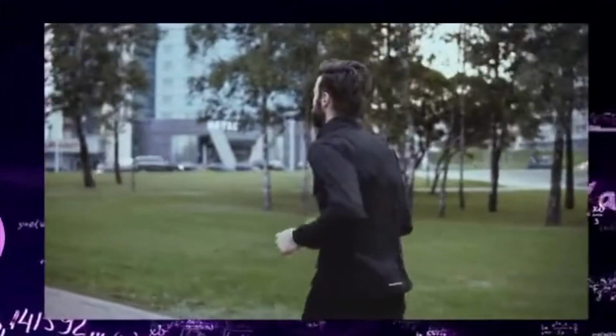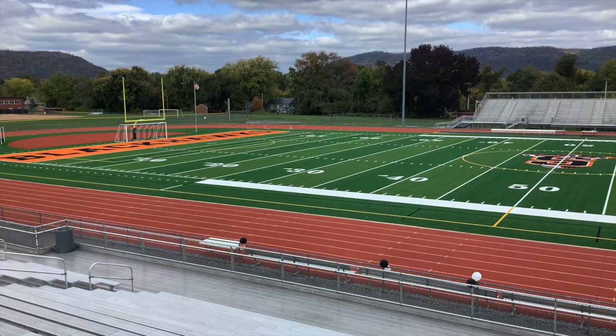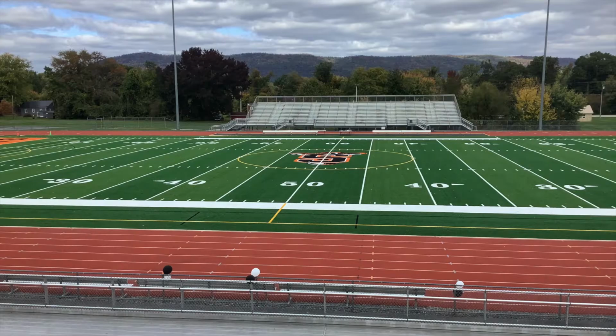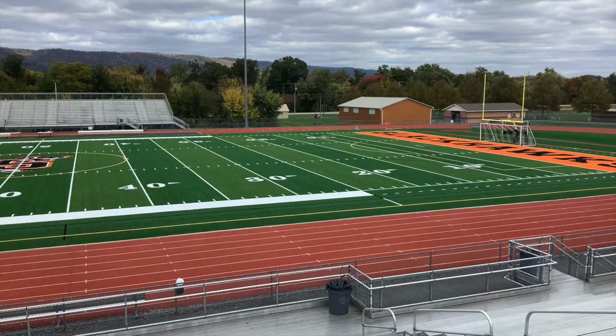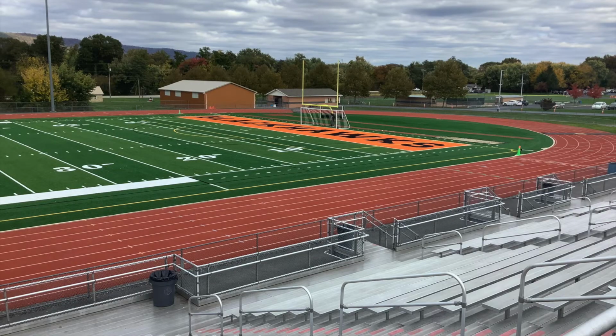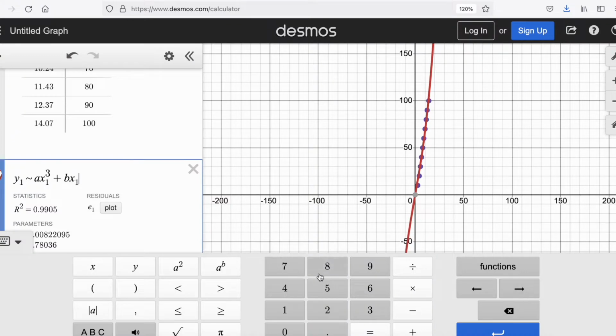Weather permitting, we'll head out to the track. Each of you will line up along a yard marker with your timing device. We'll synchronize our timing devices, and when the 100-yard dash runner hits your yard marker, you'll stop your timing device. You'll share your position time data, and we'll use a graphing app to plot the points and to estimate an